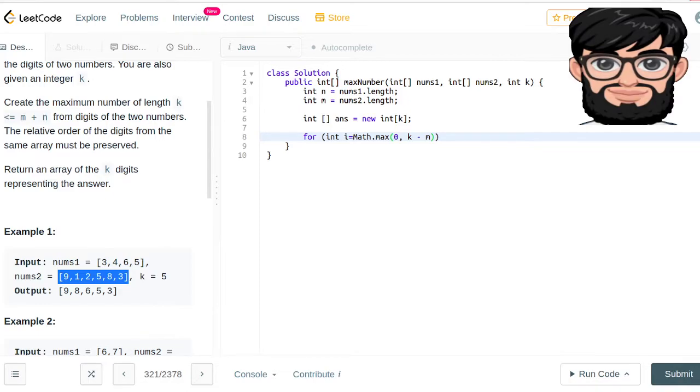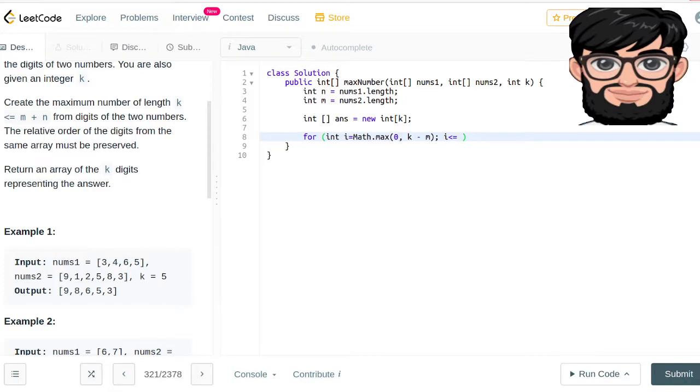That's why we're going to start from i equals 0. The second thing is it's going to go up to k. We don't want to separate them more than k, and i needs to stay